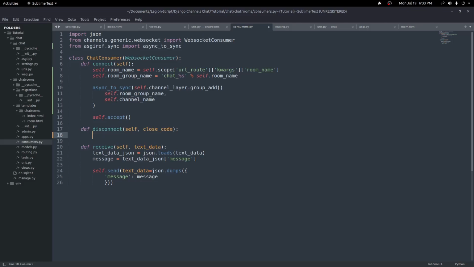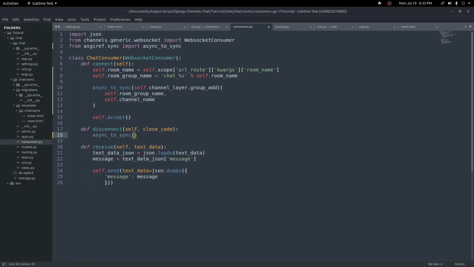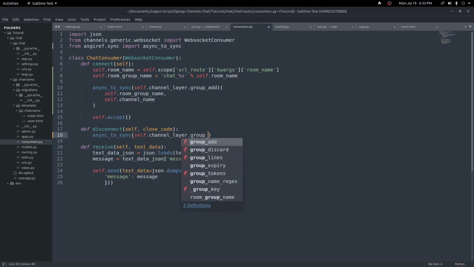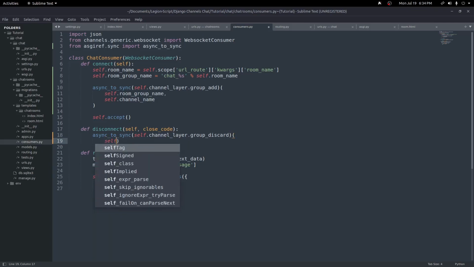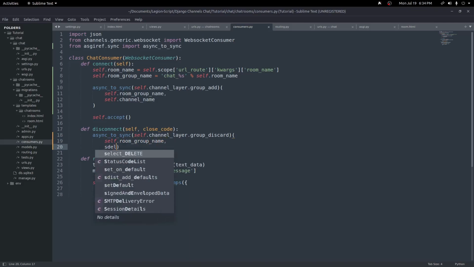So instead of doing a pass here, if we disconnect the connection, we want to go ahead and leave the room group. So we'll call the async to sync because this is normally asynchronous, so we want to make it synchronous for now. And so we have another function we can call, self.channel_layer.group_discard. So we use group_add to add ourselves to a group, and we do group_discard to remove ourselves from this channel group. We go ahead and pass in both the same thing, the self.room_group_name, as well as the